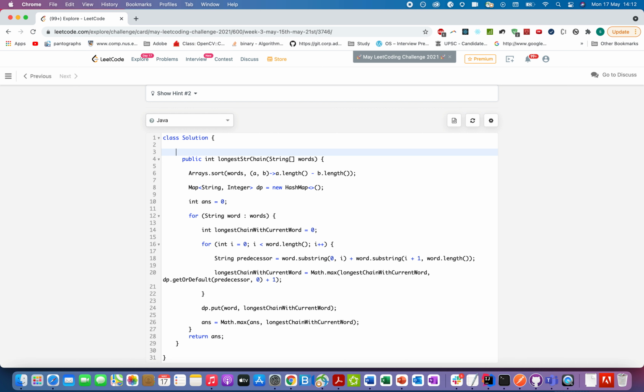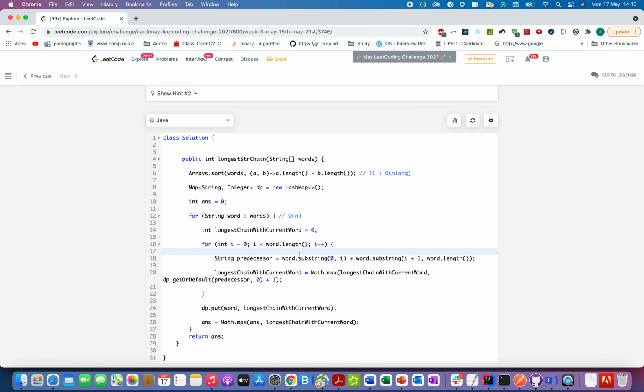What is the time complexity of this approach? For this sorting we use time complexity as order of n log n, where n stands for the number of words that are there in my input array. And for this loop, we are iterating over all the words, so this will take order of n, and we are generating substrings starting from the ith index going up till the length.